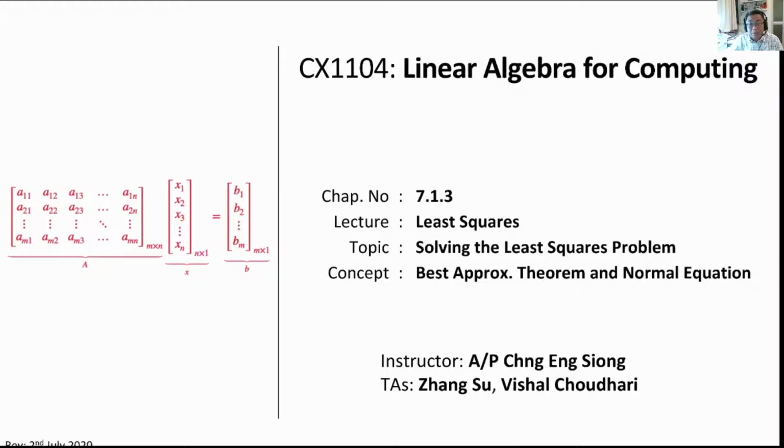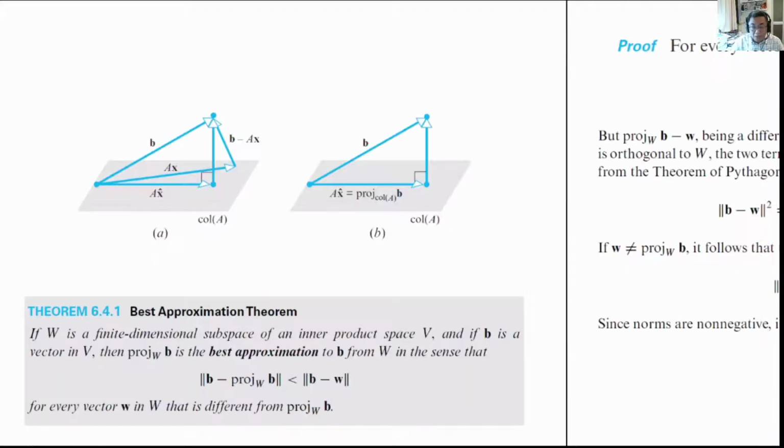This is 7.1.3, least squares, best approximation theorem and normal equation. We discussed the best approximation theorem in chapter 6.2.5. Please review this chapter. Basically, in that chapter, we discuss